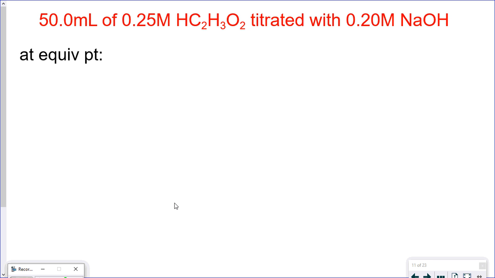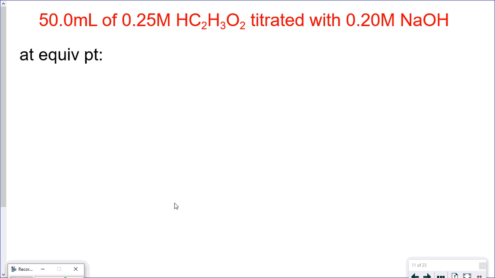At the equivalence point, this is going to require us to do two separate ice tables. One to neutralize the acid and base, and then one to do the base hydrolysis with our conjugate base. So we're going to look at the first part,